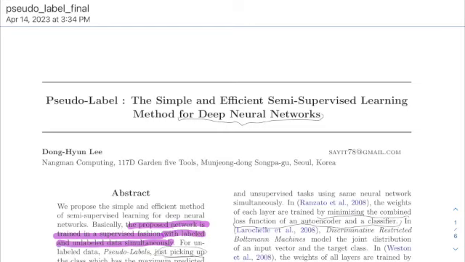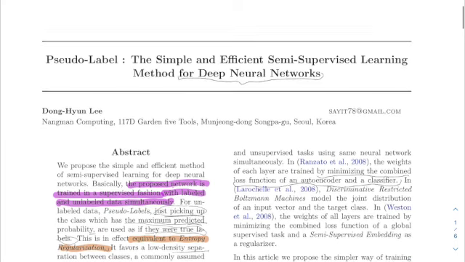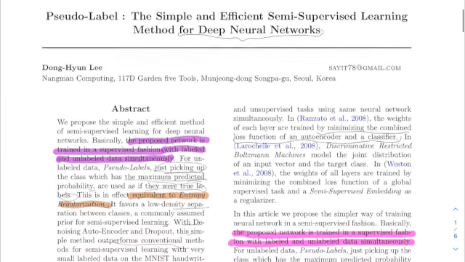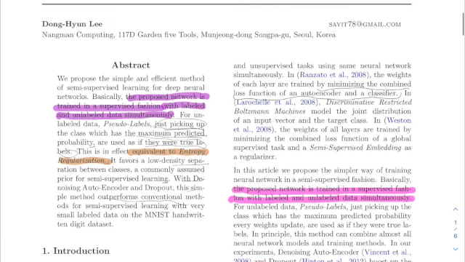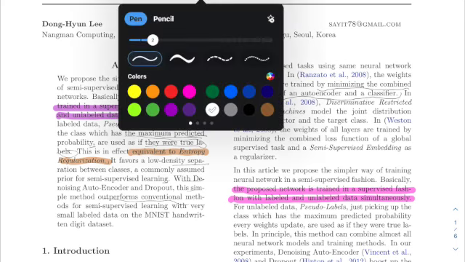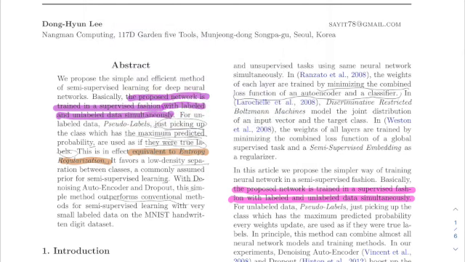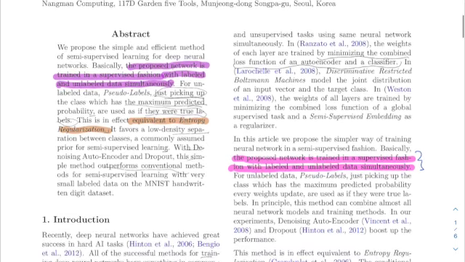Okay, so this paper that I'm going to be analyzing here is about pseudo-labeling and using pseudo-labels to train your model. This paper was published by Dong-Hyun Lee, and it basically proposes a network that is being trained with both labeled data and unlabeled data simultaneously. So this is a new approach, and it can maybe be deceiving at first, and he shows and proves the reason why this proposed idea could work.